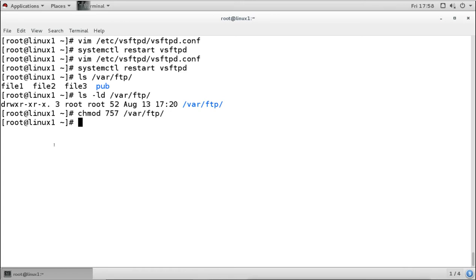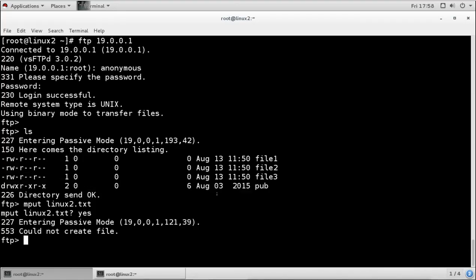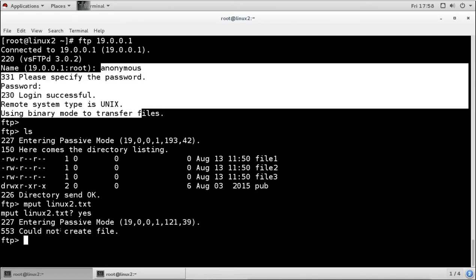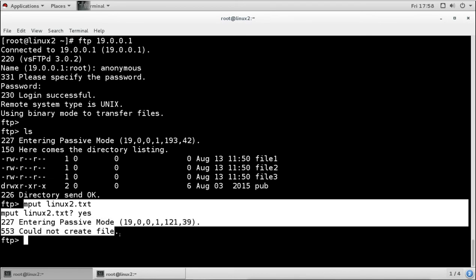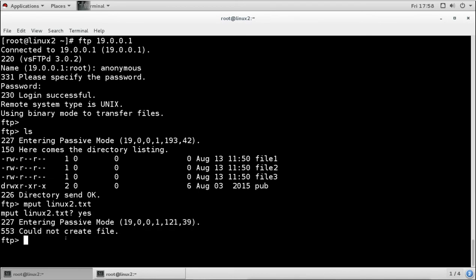Now I will try to upload the file from the client. Okay, now we are again in the client, and we are already logged in as an anonymous user. Previously when we tried to upload the file, it said could not create file because of the permission on the where FTP directory. Now I have given the permission. Now I will try to upload the file again.